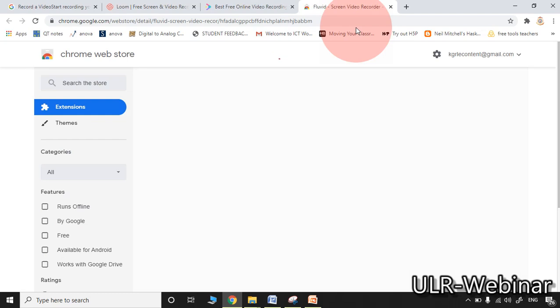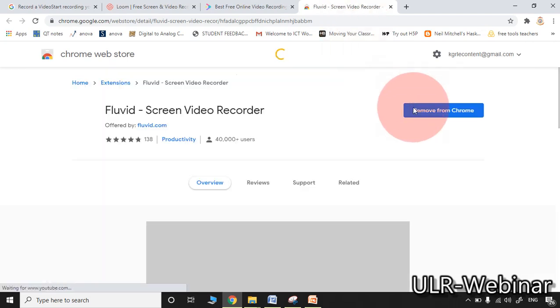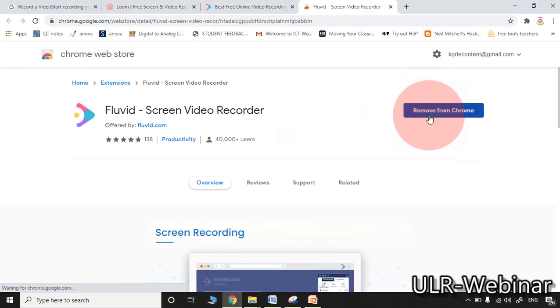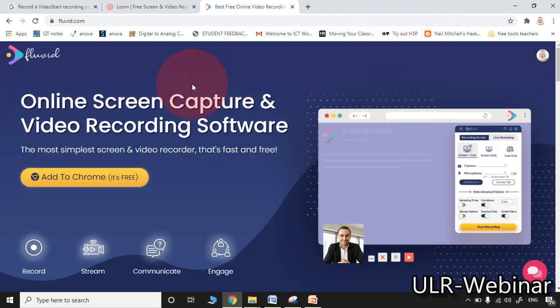So here the extension was already added. Whenever you are clicking that one, that will show the extension. Here add to Chrome will appear. I already added, so remove from Chrome is appearing. So it is a basic home screen.